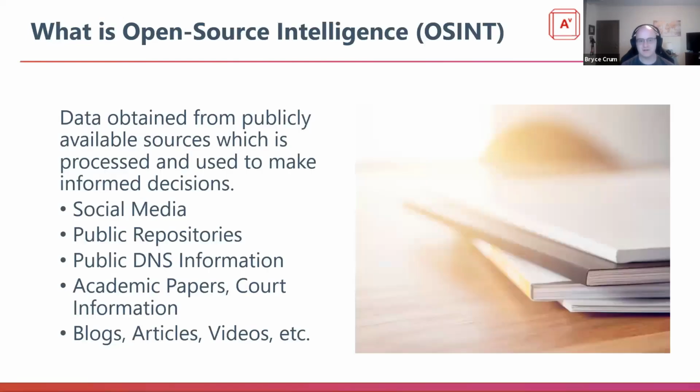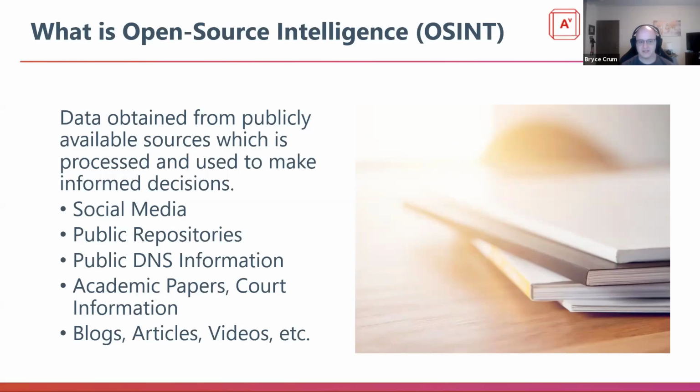So I guess to start off, what is open source intelligence? Well, from the viewpoints that I've seen most people discuss and the other ways that I've seen it described, it's basically data that can be obtained publicly from multiple sources, any source that doesn't require some form of authentication or is bound in some way, to then be used to process and make a decision, and typically to make an informed decision if possible.